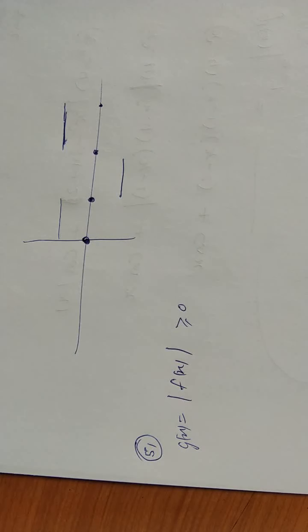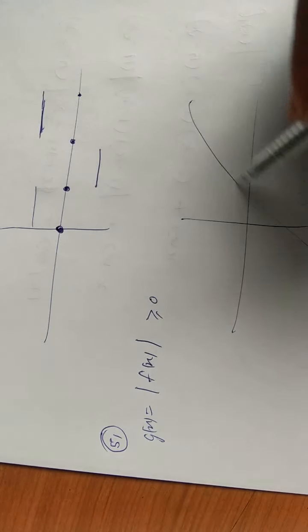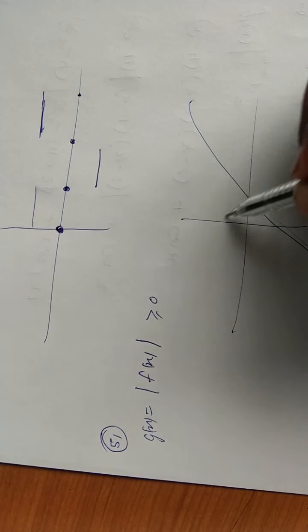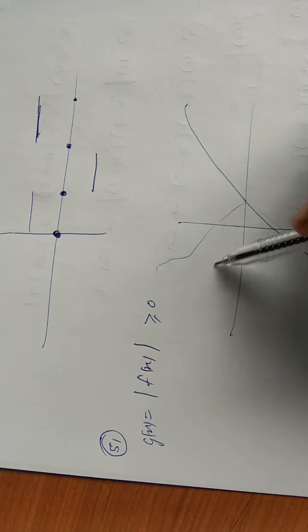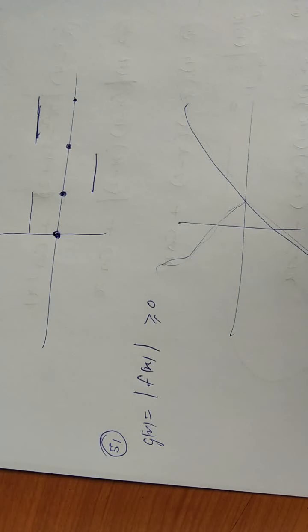And if f(x) is 1-1, and f of x1 is equal to minus of f(x2), then g(x1) can be equal to g(x2). So if f is 1-1, that does not ensure g(x) is 1-1. If f is 1-1, so mod of this would be like this. Now here this is g(x), which is not a 1-1 function.